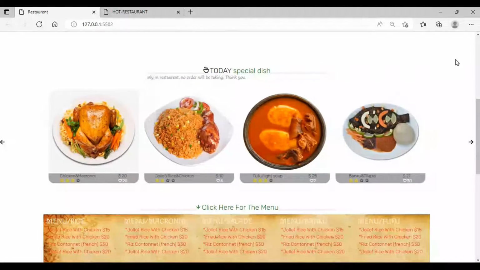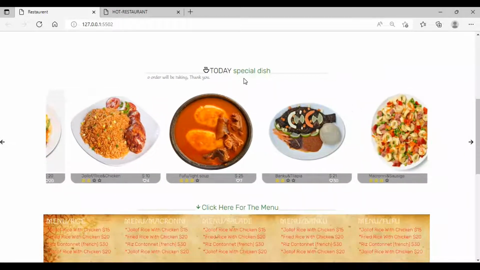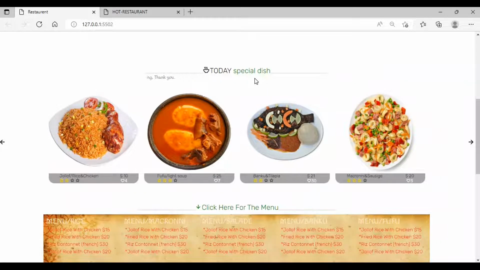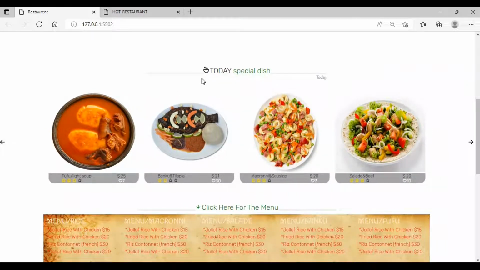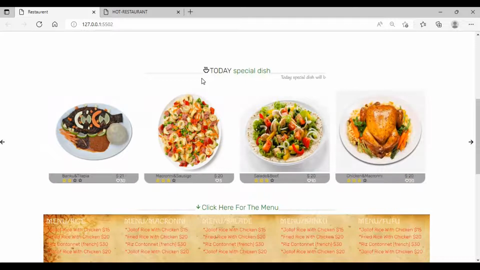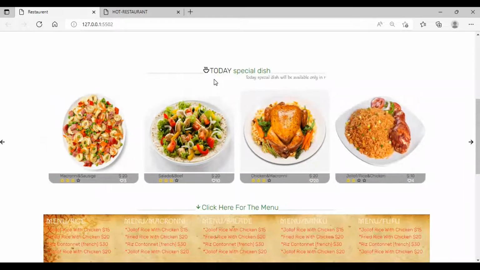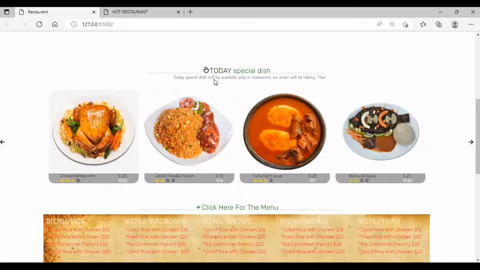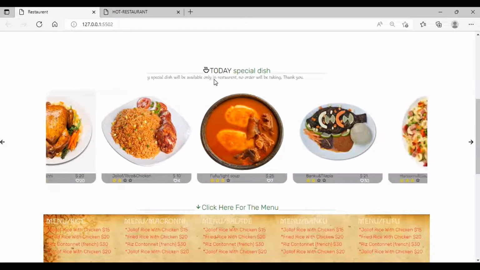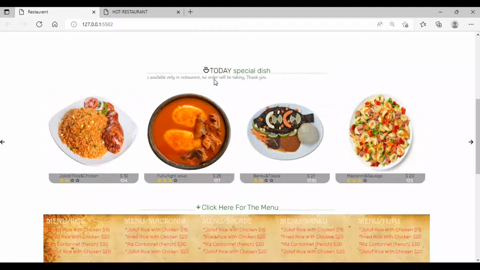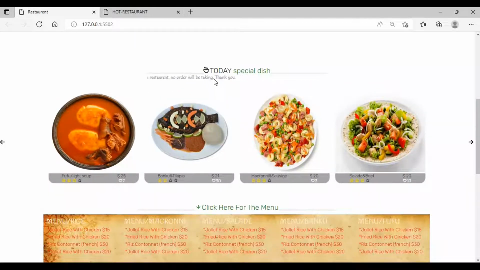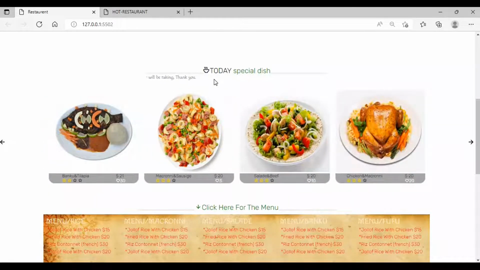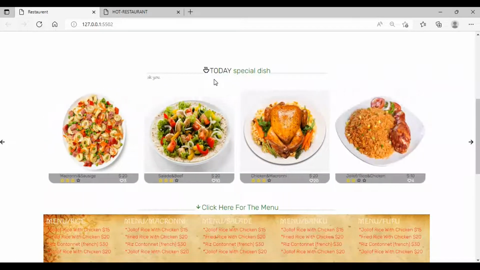And you can see that we have a little text inside the marquee which is being displayed. We said today's special dish will be available only in the restaurant, no order will be taken. Thank you. So we are going to display it, and show you how to do it. And right after our marquee,